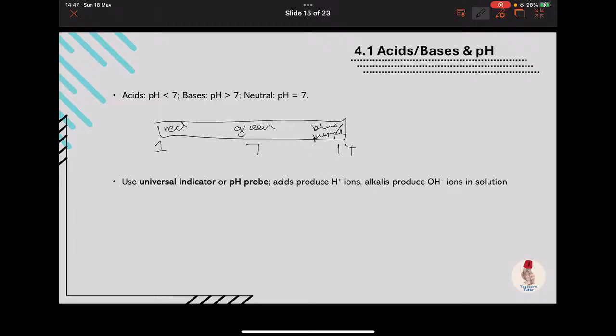Now, neutral is pH 7. Anything between 1 and 7 is acidic. Anything between 7 and 14 is alkaline or a base. Now, what you must know is that 14 is very alkaline and 1 is very acidic. So a very strong acid would have pH 1, and a very alkaline solution would be pH 14. Now, water is neutral, therefore it would come up as green and is pH 7. Now, something that you must know is that acids